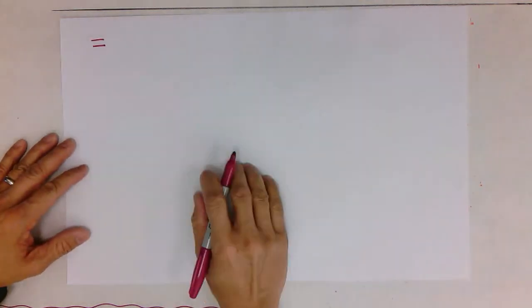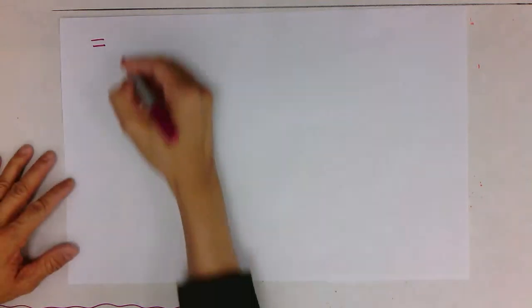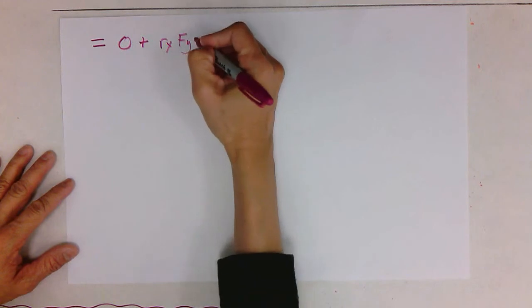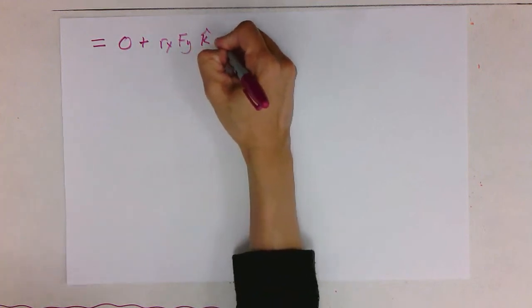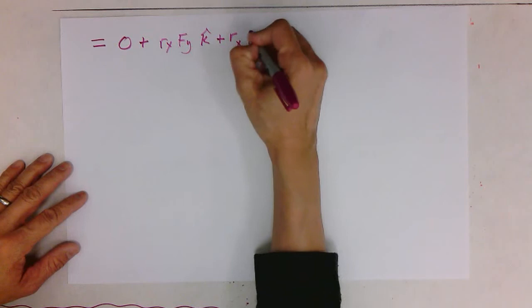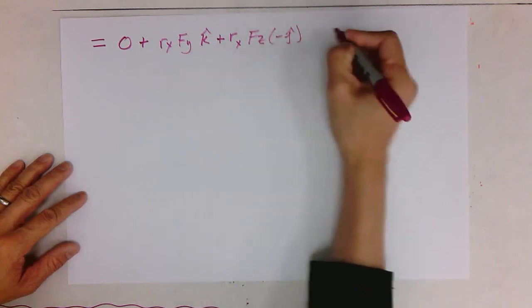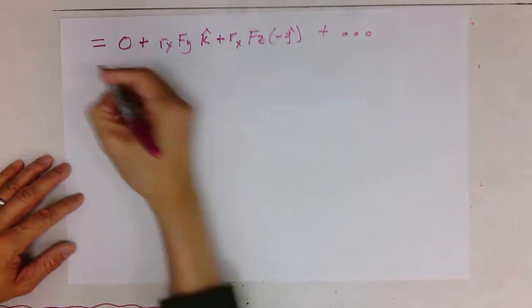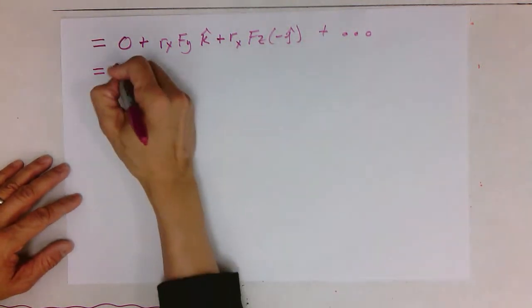All right, so if we do this with all the terms that we have written out, then we will end up with, so equals, the first term, 0 plus rx fy, we decided that was k, and then rx fz, and that was minus j, and then we have our 6 other terms here. Okay, so if we follow the procedure with the 6 other terms and collect everything, then we're going to end up with